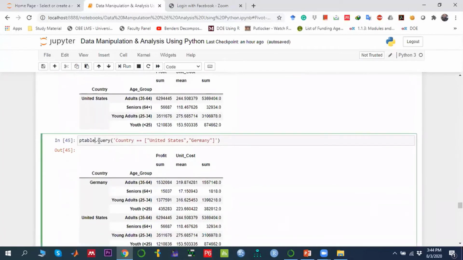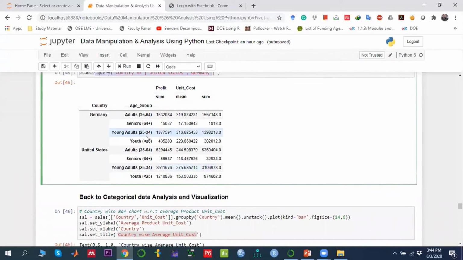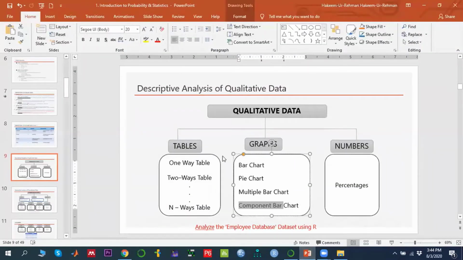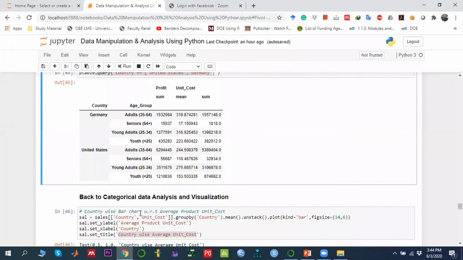Similarly, if you want to get the two countries, Germany as well as the United States, you can use this one. So I hope the pivot tables as well as the group by area is covered. And till now, in graphical analysis, we used one-way tables, bar charts, and two-way and multiple bar charts. But